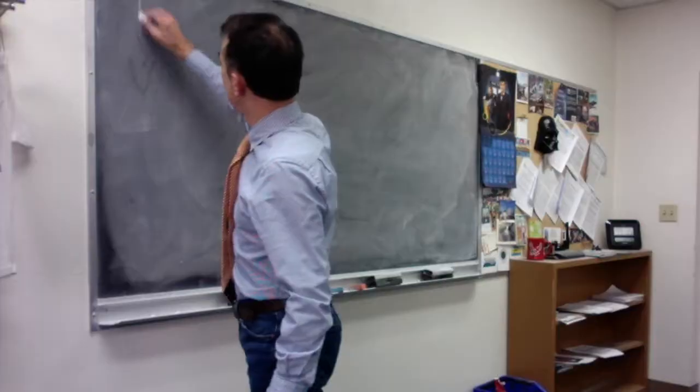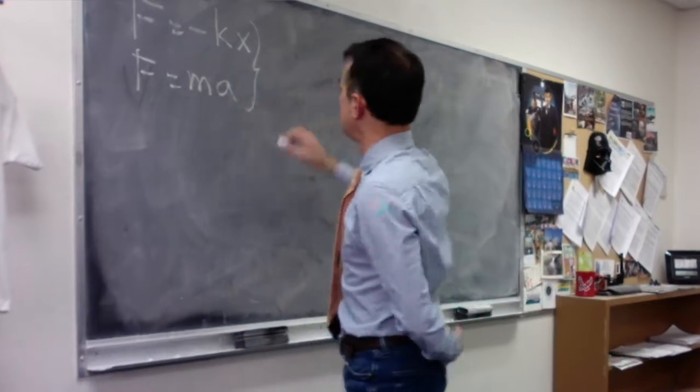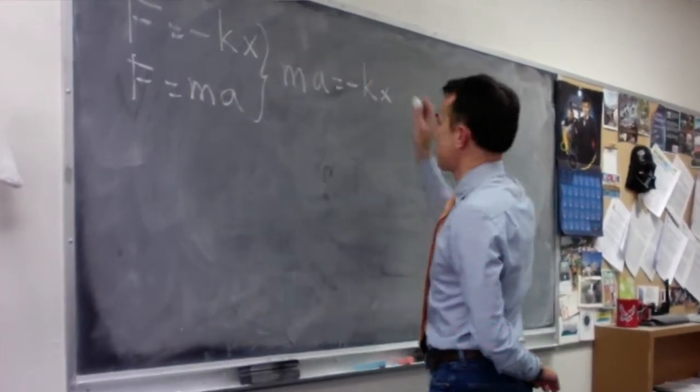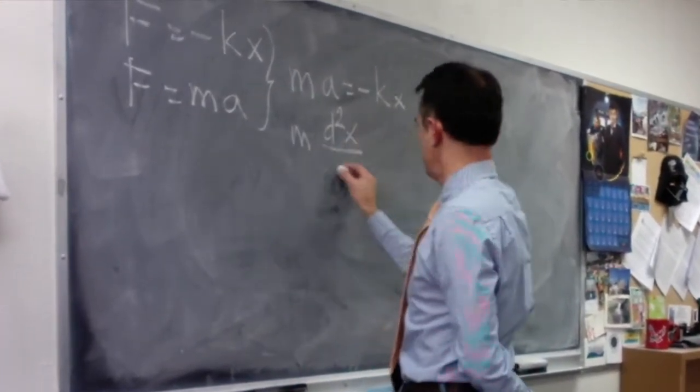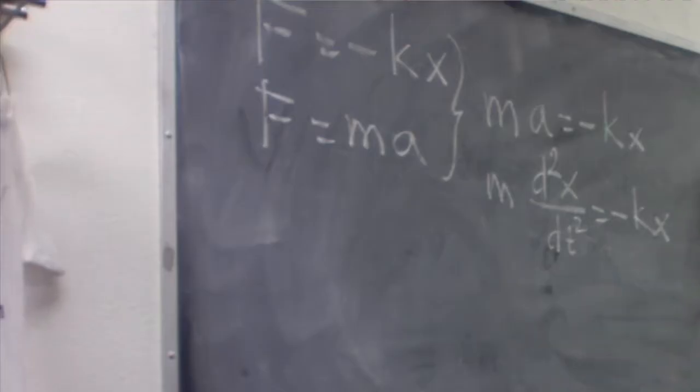But because the acceleration is the derivative with respect to time of the derivative with respect to time of the position, we get this differential equation. A differential equation is an equation that contains a function, in this case the position, and its derivatives. This equation tells us that if we derive twice with respect to time the position of the extreme of the spring, we obtain again an expression that is proportional to the position.